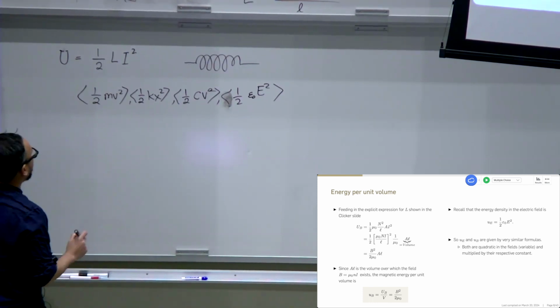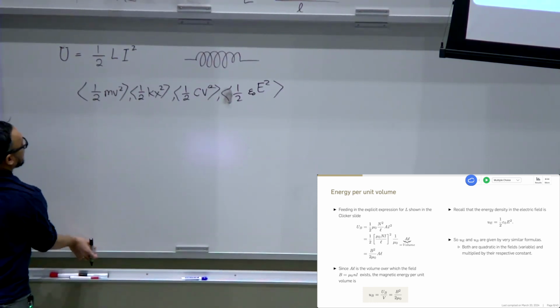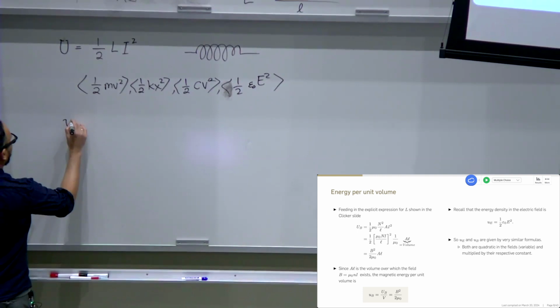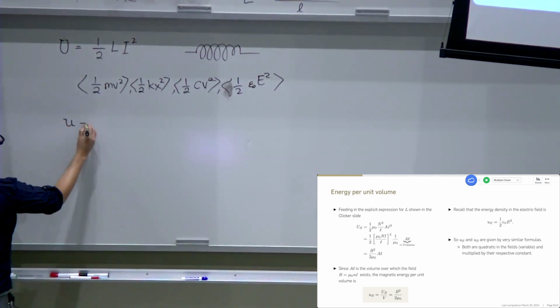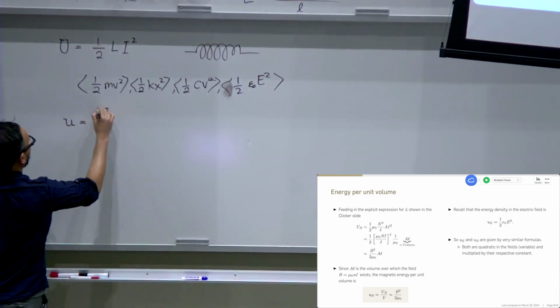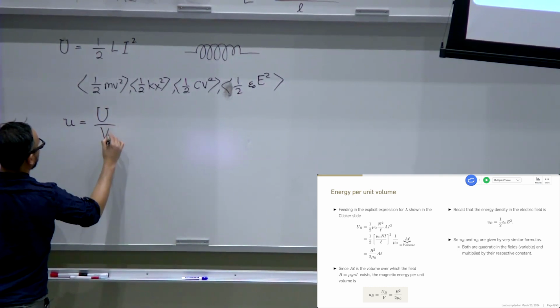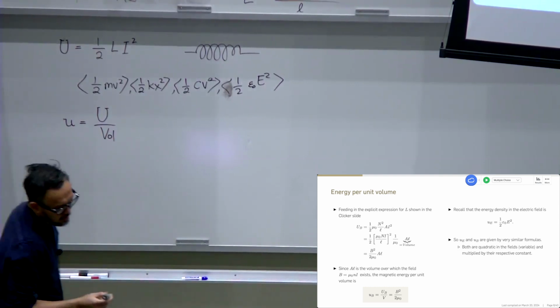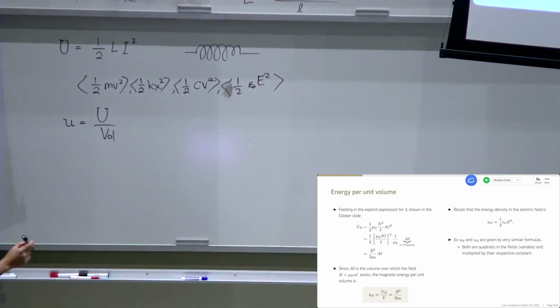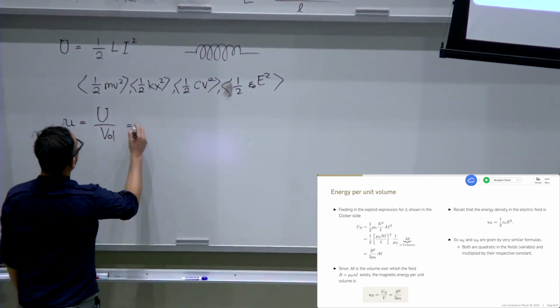There is a nice formula, and I was really impressed when I first learned about this formula. Capital U is the energy, but the energy per unit volume. You can use V, but I need to use V for volume because voltage is also V. This one is equal to,